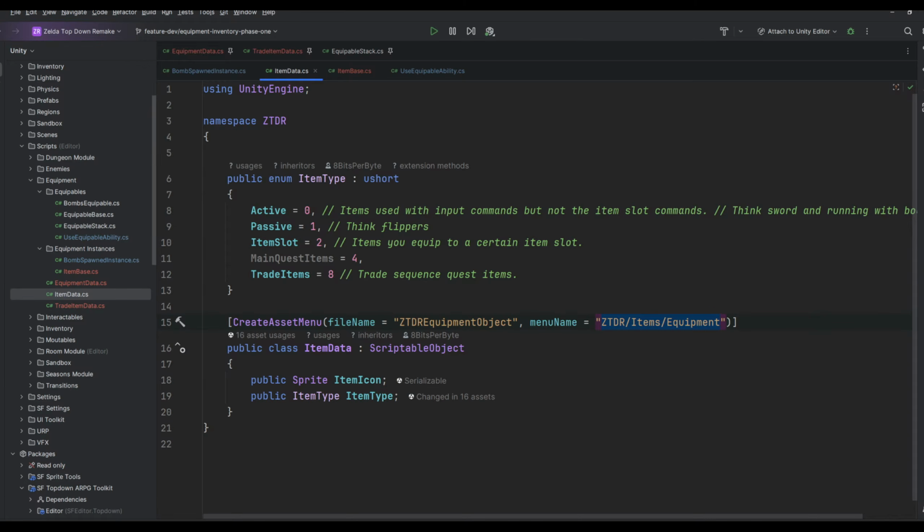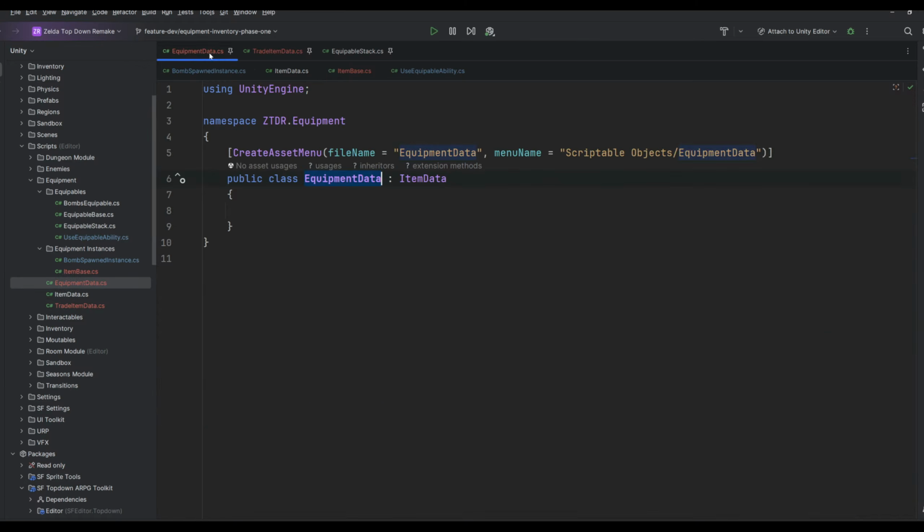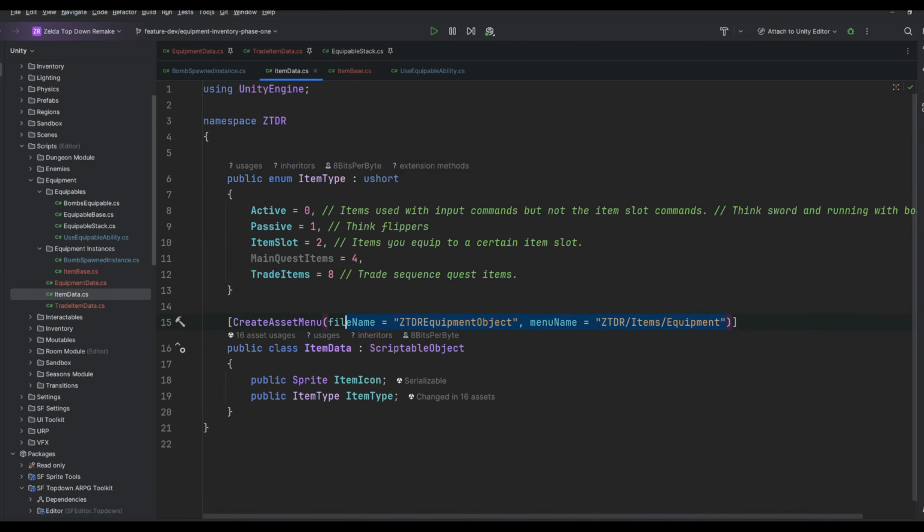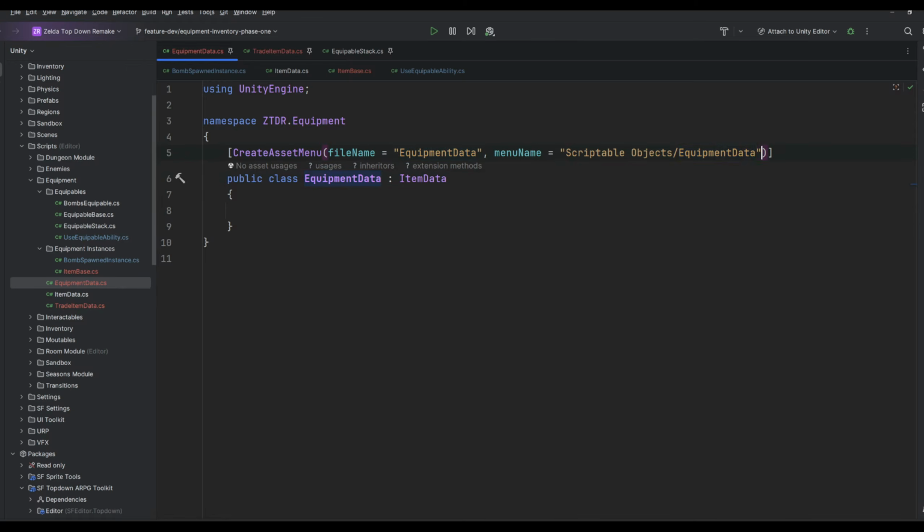Item data. Oh, whoops. I meant to put all of this in this one. I was like, wait a second, that's not right. There we go. This is going to be equipment